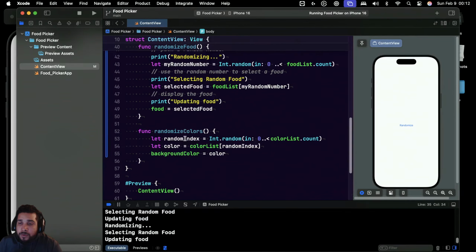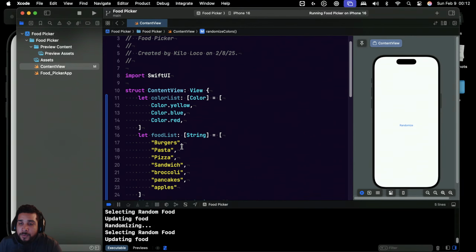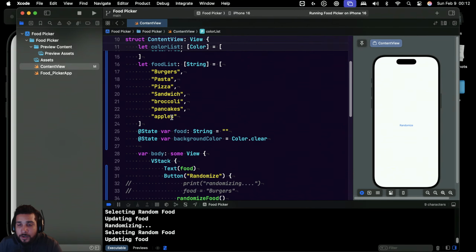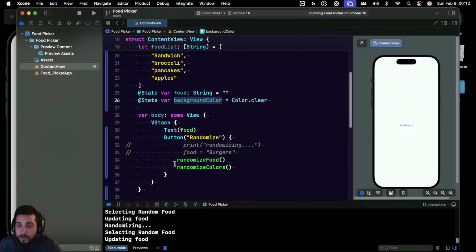So now we are going to be able to call this code. It's going to execute. The only last thing that we need to do is, even though we came up with the background color, which is currently clear, we're not actually using it anywhere. We're just setting it. We're not actually using it in our view, right? So what we need to do is change that, and the way that we can do that is